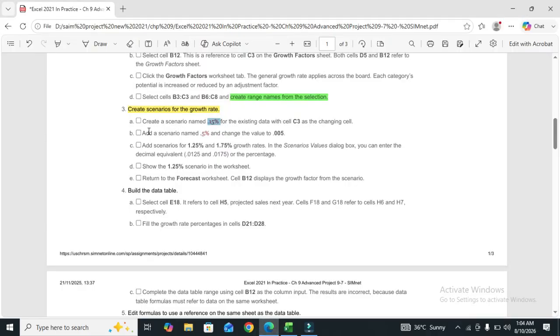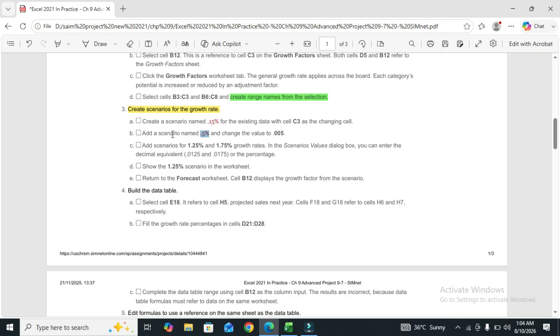So we move to part B. Part B is add a scenario named 0.5%. Copy this and change the value to 0.005.